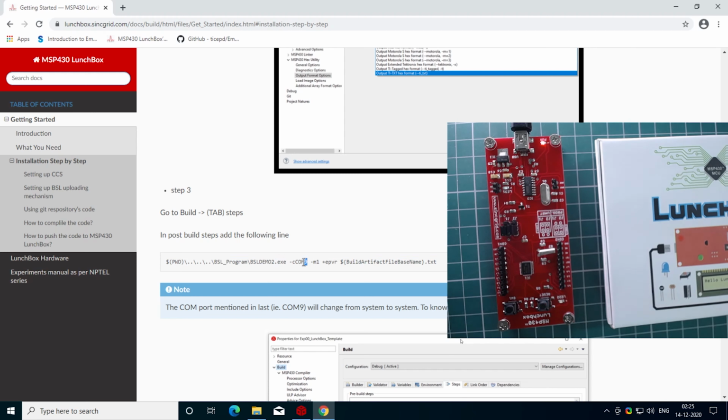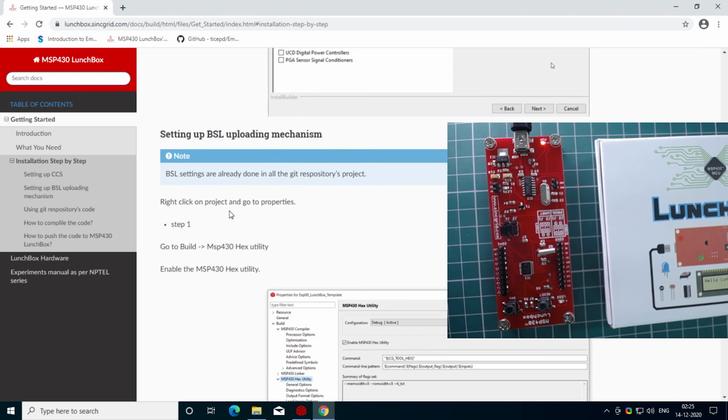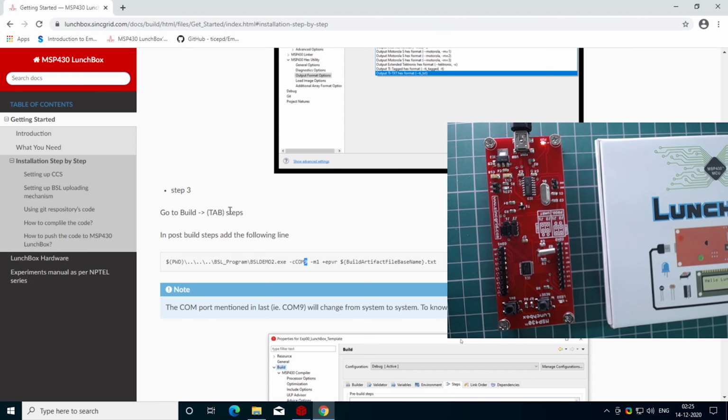We just changed the COM port number as per our system. Other than that, these three steps are more than enough to configure any new Code Composer Studio project to use the BSL method to push the TI-TXT format hex file to the hardware.